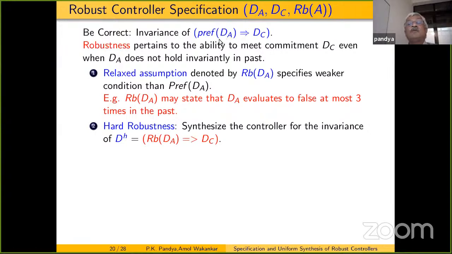And so what we do is we try to specify a relaxed assumption. And how the assumption is to be relaxed is given by a formula called RB of A. So RB of A is a kind of generic specification of how any given assumption DA is to be relaxed. So RB of A is given independently of DA and gives the generic requirement of how the assumption should be relaxed. And then we compose this user-given assumption formula DA, which is problem specific, with this robustness criterion RB of A, and we derive what is called the relaxed assumption. And it usually specifies something weaker than